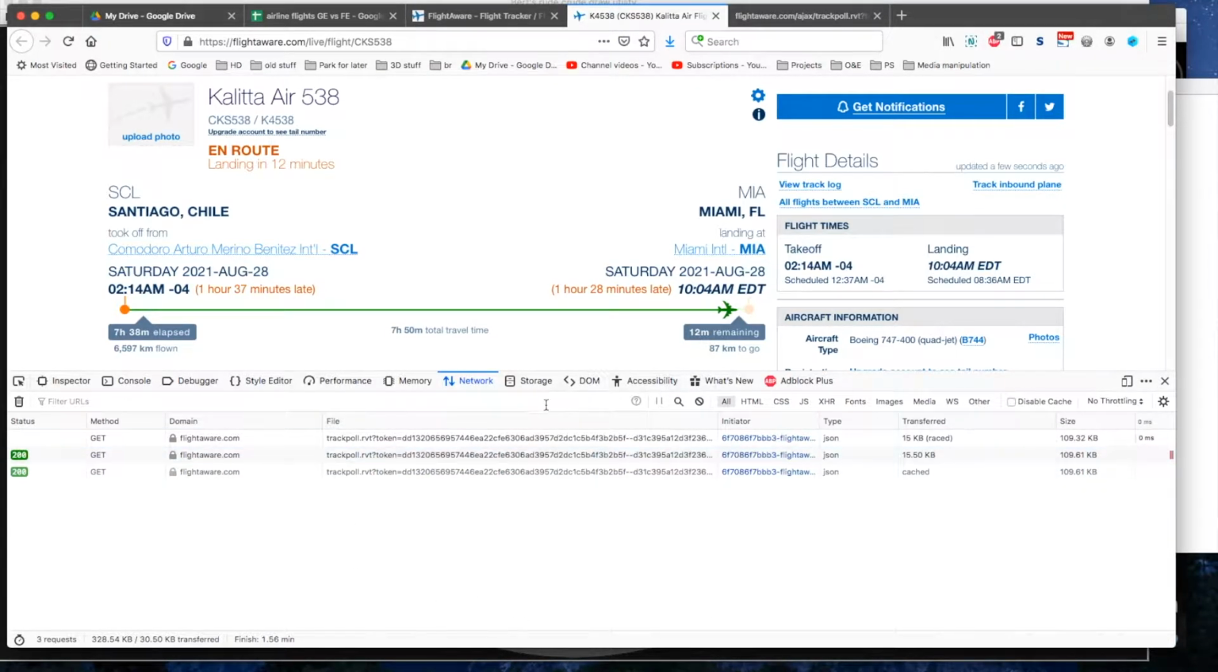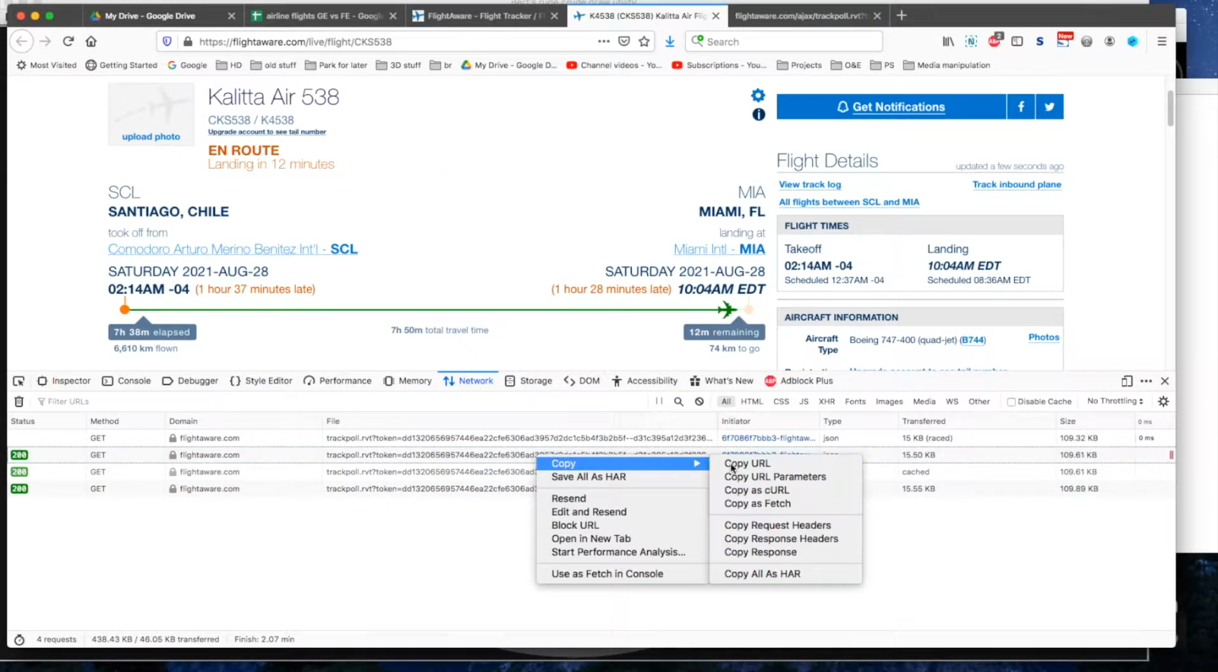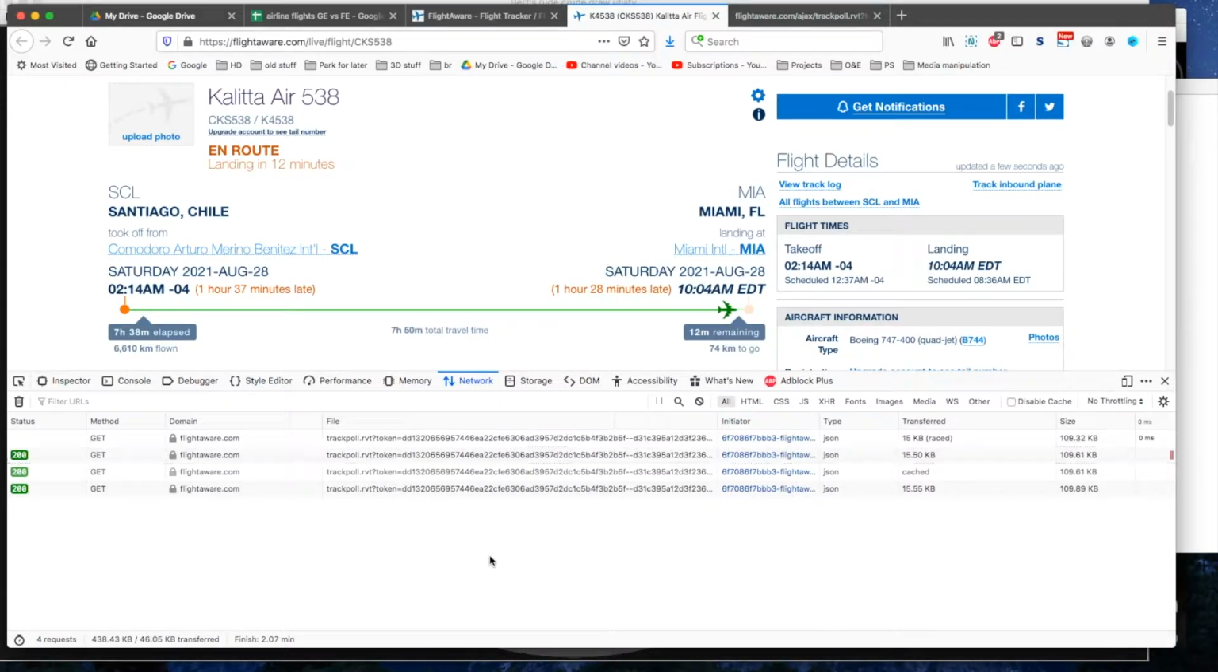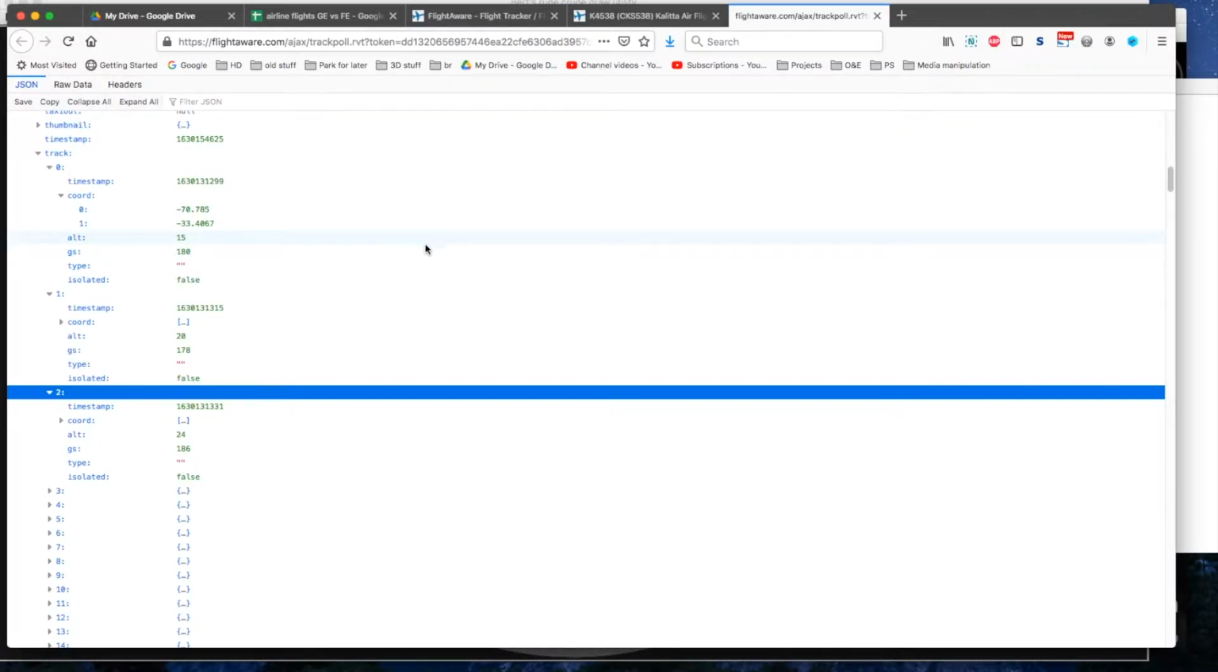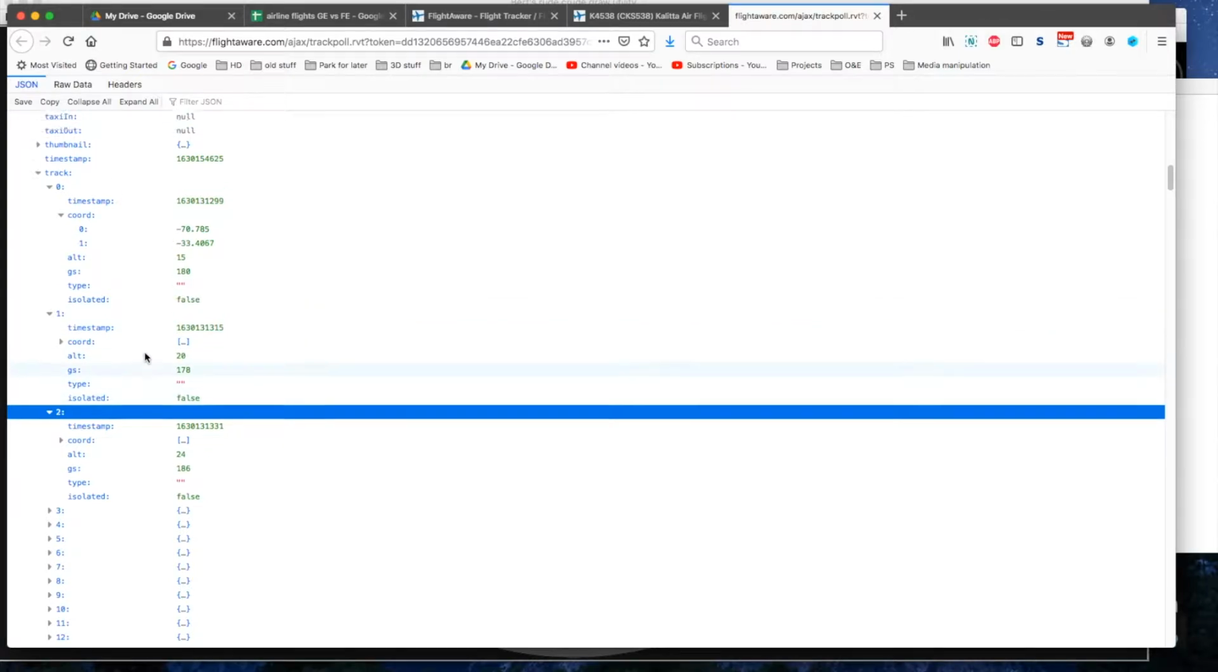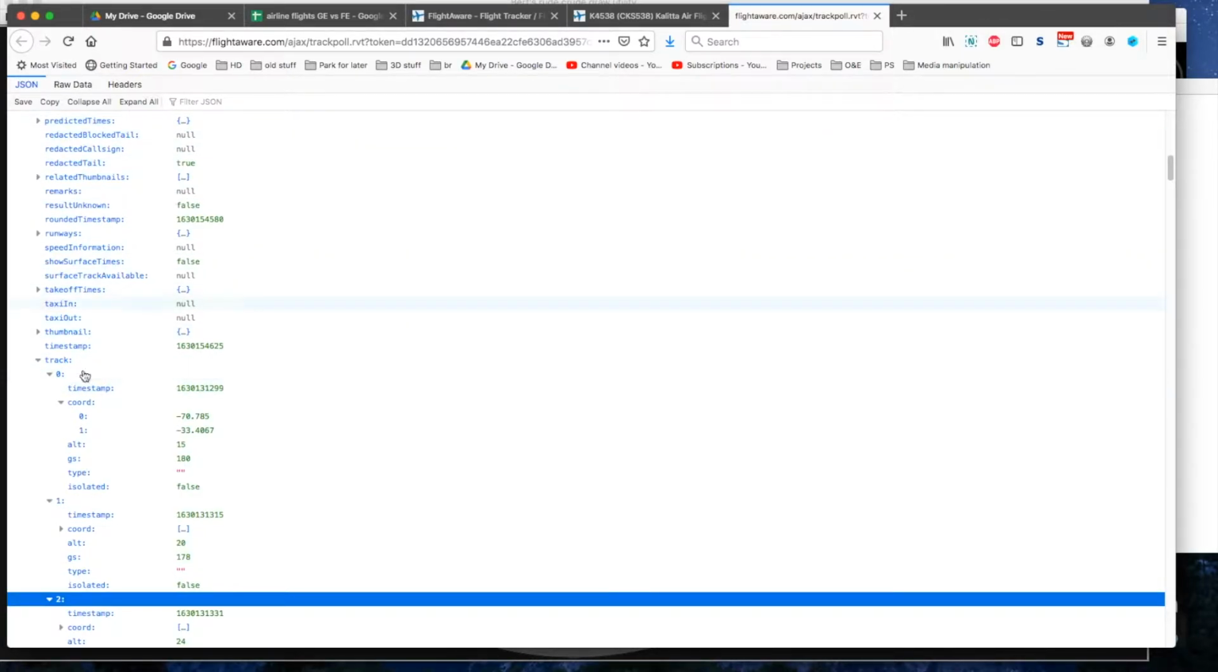And if you turn on the debugger, you can see that this page makes a request to trackpoll.rvt. I've already shown how all of this works. And from there, you can go copy as a curl command, and the curl utility allows you to add it to a script, for example, and to run it multiple times so that you can track the flight in the air. I just loaded this URL in a separate tab like this,